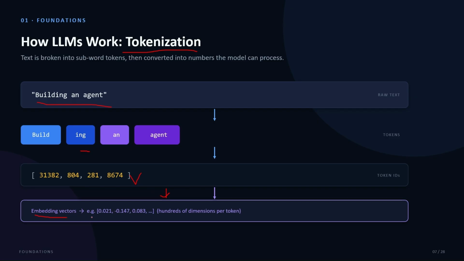Those integer IDs are then converted into embedding vectors, long lists of numbers, often several hundred dimensions, that capture the token's meaning in a way the network can do math with. Similar meanings end up as nearby vectors in this high-dimensional space. This tokenize-and-embed step happens on both your prompts and, as we'll see, on every token the model generates. It's also directly relevant in practice. It's why LLM APIs bill per token rather than per word or character, and why prompt length limits are expressed